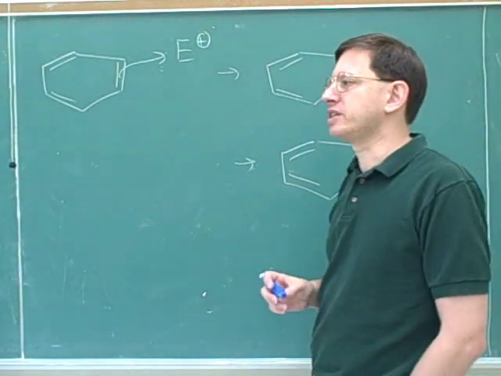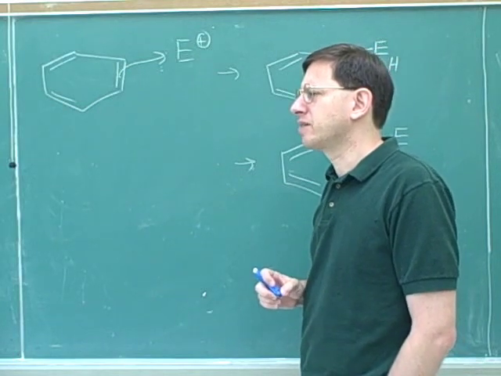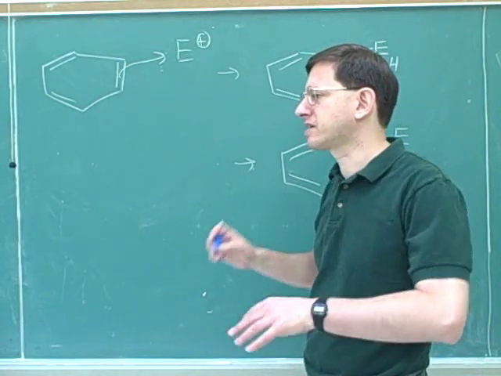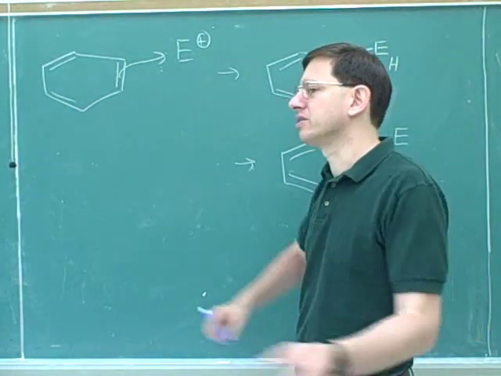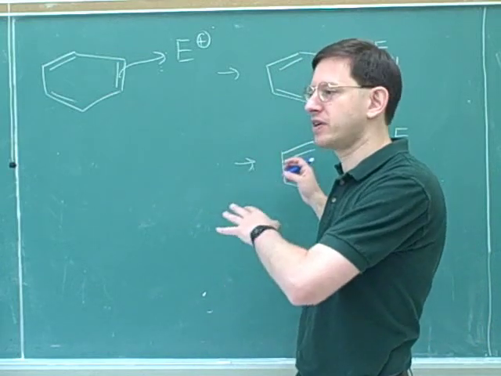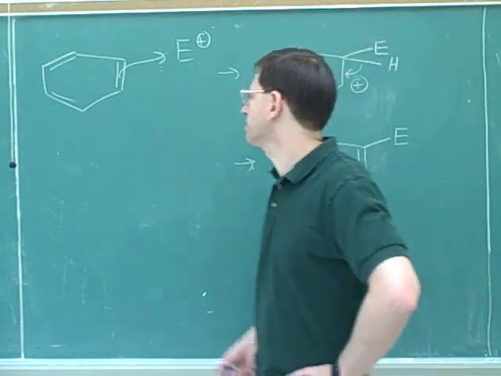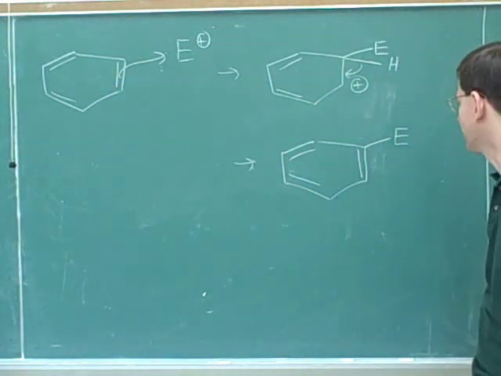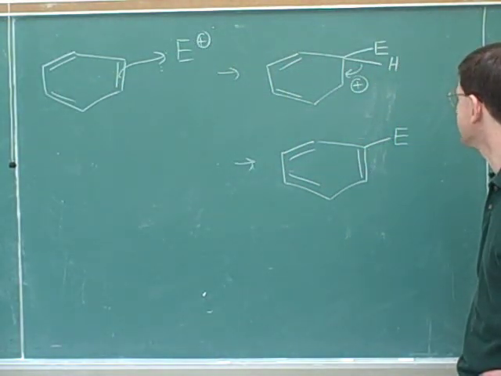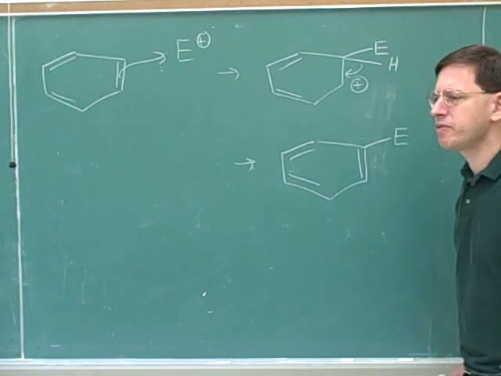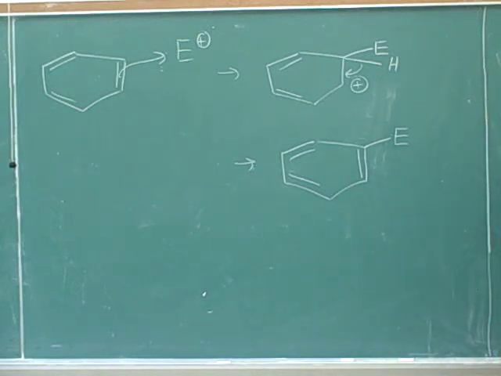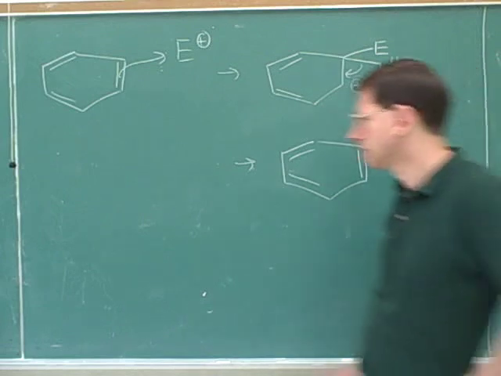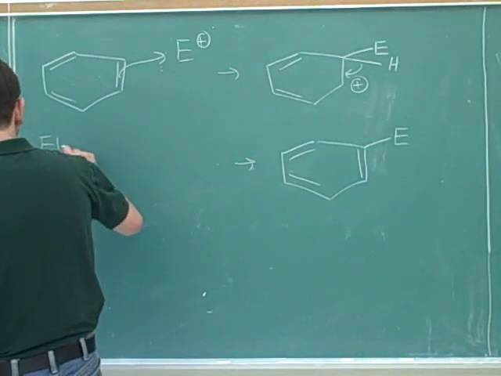Remember that when we were attacking carboxylic acids and acid derivatives, the basic steps were attack the carbonyl, reform the carbonyl. But this is actually a very similar mechanism. This is a mechanism of unform the aromaticity and then reform the aromaticity. And that's what we're going to go through in each of these reactions. What's the name of this mechanism? Electrophilic aromatic substitution.